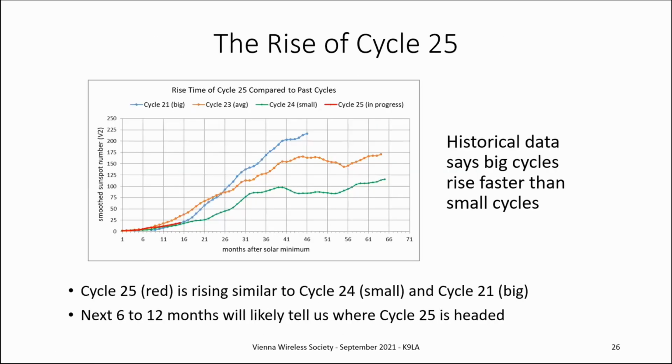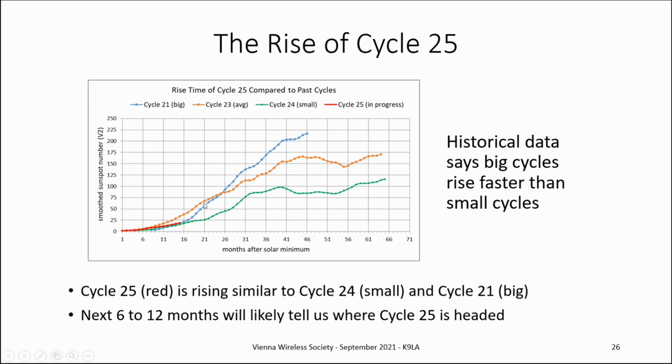So how is cycle 25 doing? Well, there's another thing that comes out of historical data, and it says big cycles rise faster than small cycles. So what I've plotted here is green, a small cycle, 24, its rise to maximum. The orange is cycle 23's rise to maximum, and it's an average cycle. And the blue is the big cycle, cycle 21. And you can see that,